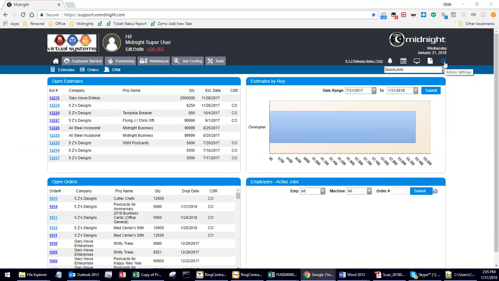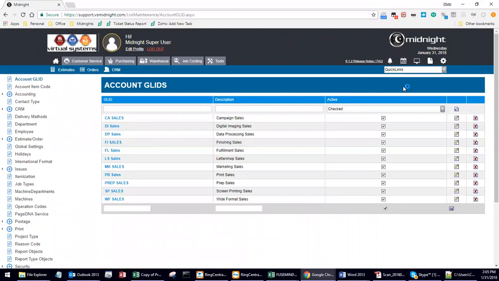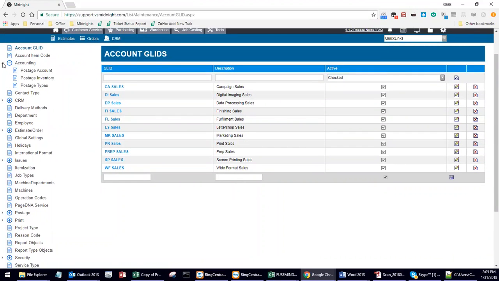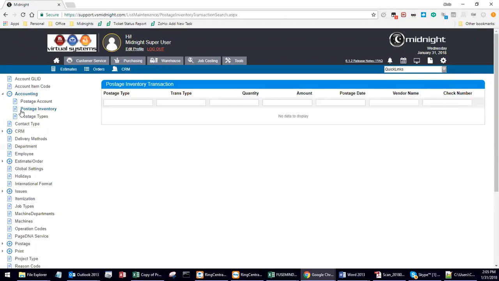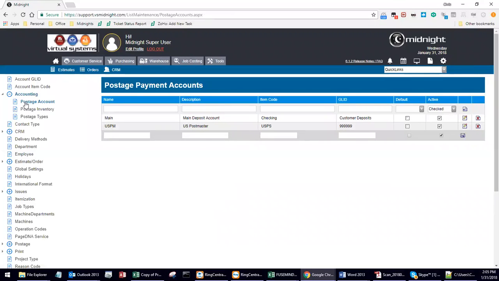We'll start by taking a quick look at the global settings, where we'll get to address a few of the drop-down menus that we'll see during the session. To start from the top, we have our accounting postage account section. Under here, in order to receive a payment to a customer, you do need to assign a